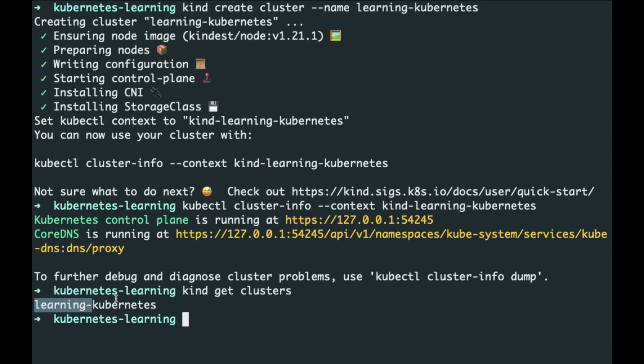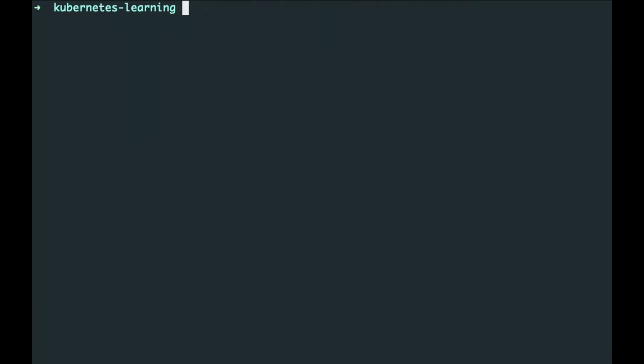Now we will see a Kubernetes concept, which is namespace. Namespaces are like virtual clusters. In a physical cluster, we can have multiple virtual clusters which are called namespaces. Suppose we have multiple teams or projects, we can use the same cluster, but for each team or project we can define namespaces.